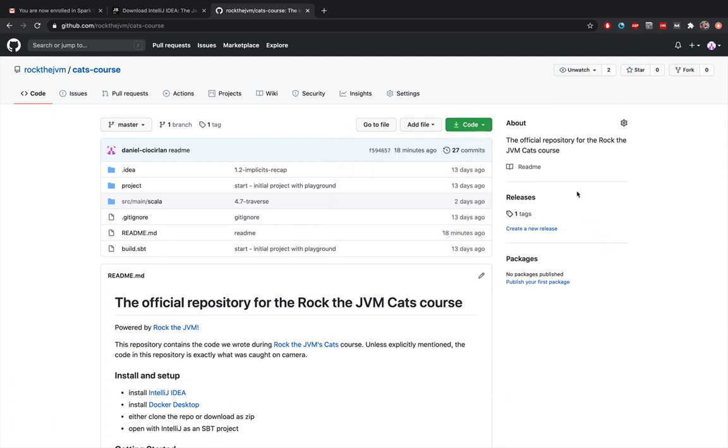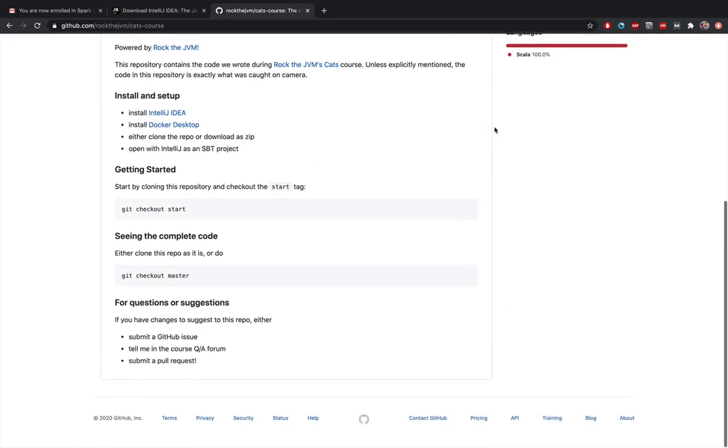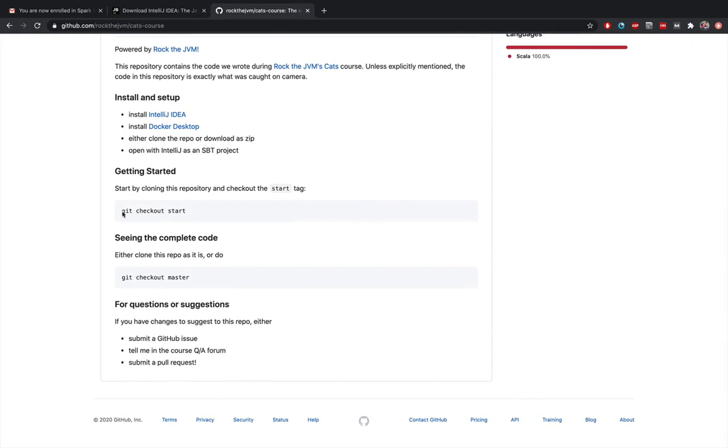All right, so clone this repository, unzip the file if you've downloaded it as zip, and then open the folder as an IntelliJ project. So pause the video and do that now if you haven't done so already. And after you've cloned this repository, I'm going to ask you to navigate to its directory and run this command, git checkout start. This will set the repository at the state that it was in before I start writing any